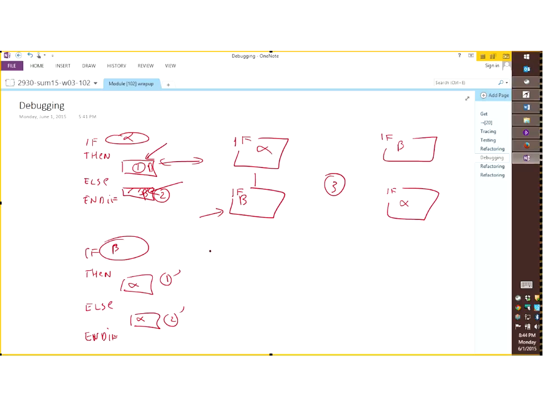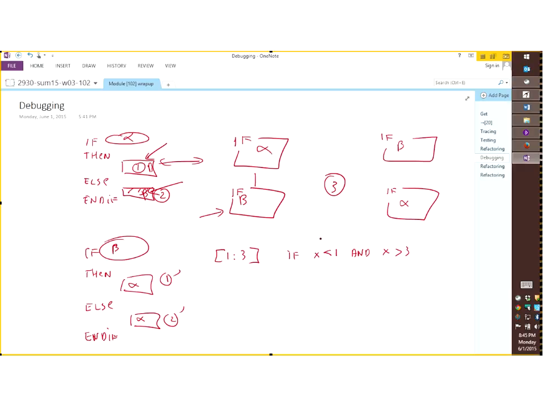The second thing that can go wrong, obviously, and we have been talking a lot about it, is your Boolean expression. Your Boolean expression doesn't represent what you mean. For example, you want to accept a value between 1 and 3, you write an if statement, you say if x is less than 1 and x greater than 3, well, guess what? You just wrote the exact opposite of what you meant to do, okay?